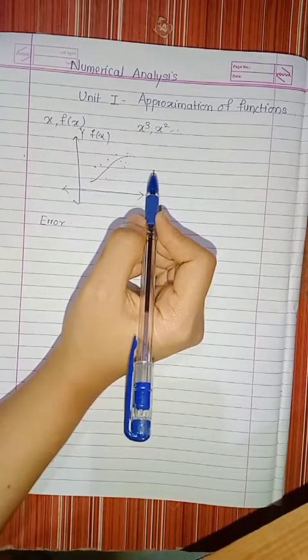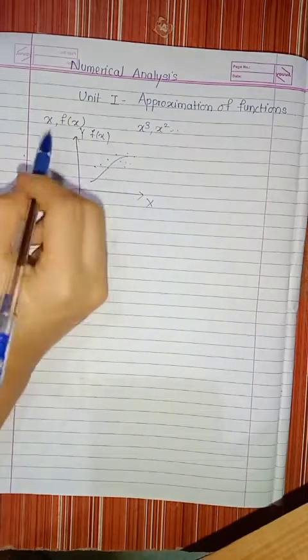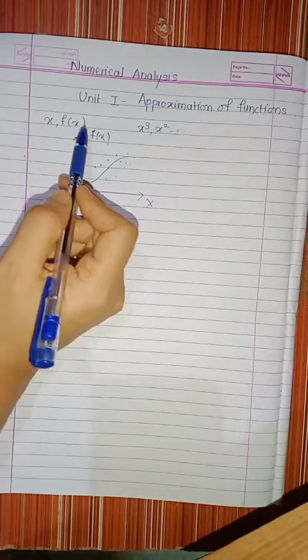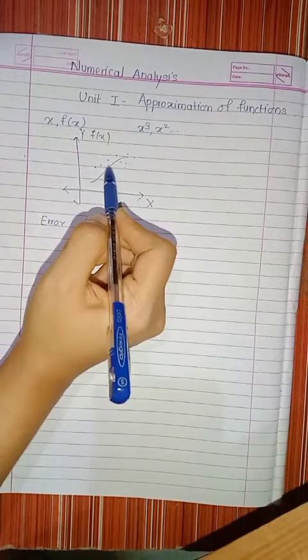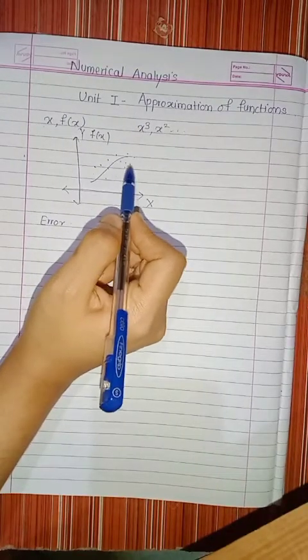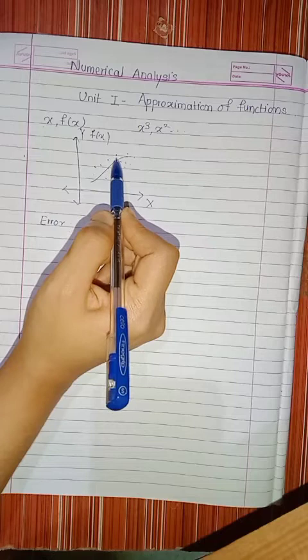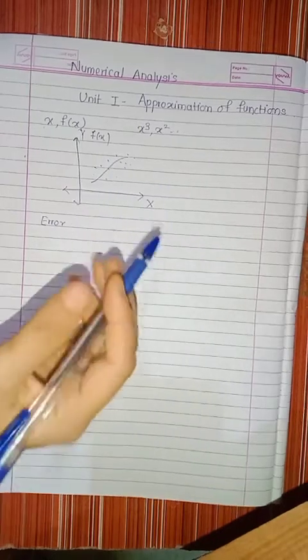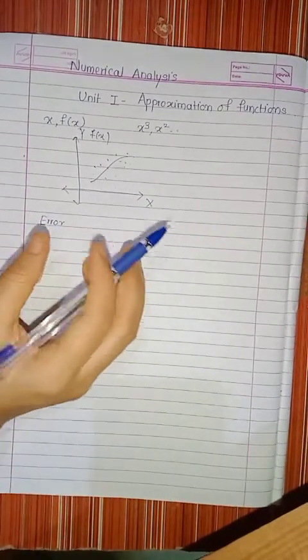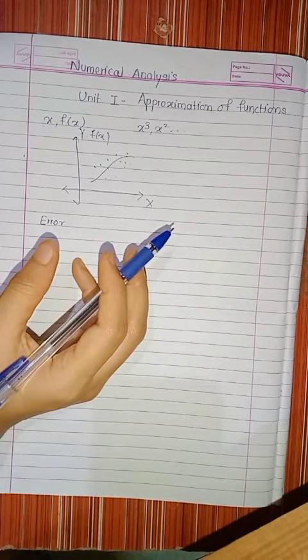Okay, so there are certain values which are given, for example x, f of x, and we have to find a curve, so there will be a difference between both of these points. So what we have to do is we have to find a solution so that the error is minimum